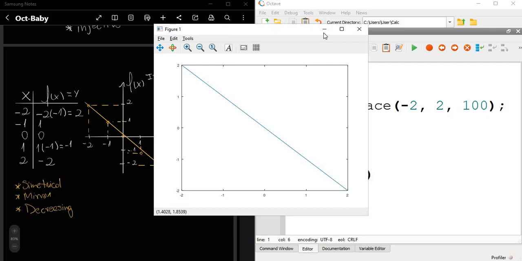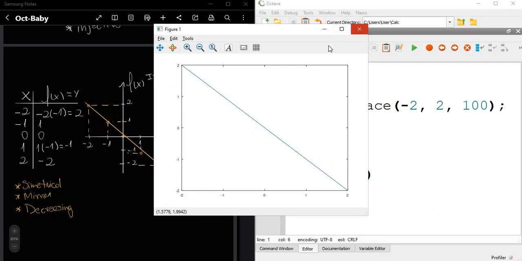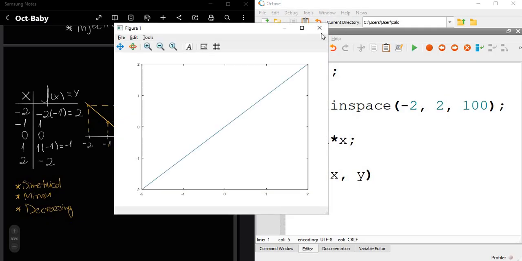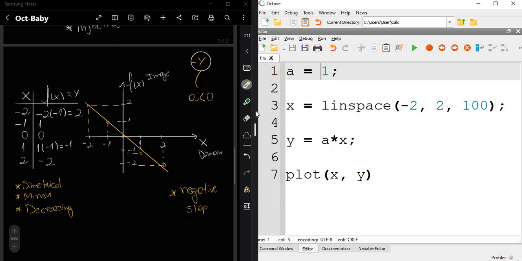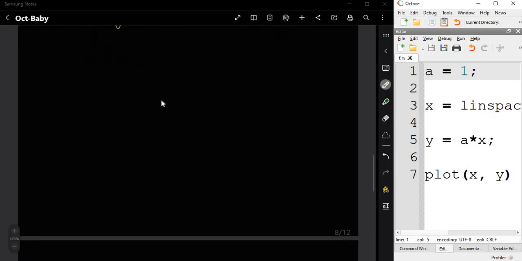Exactly. Okay, we got the function now still ranging from -2 to 2 on its domain, and on the image also ranging from -2 to 2. And what we can also affirm about this is we can see a proportionality, and we can prove this